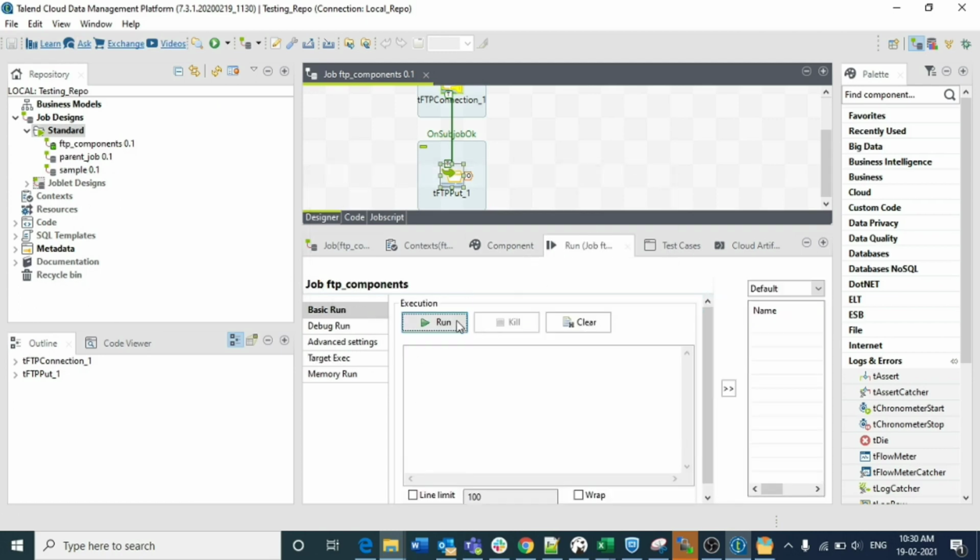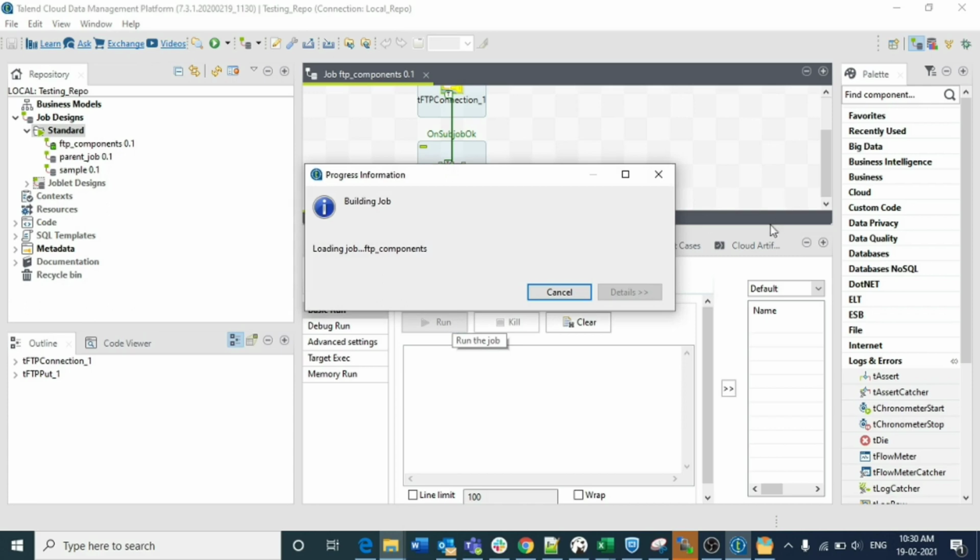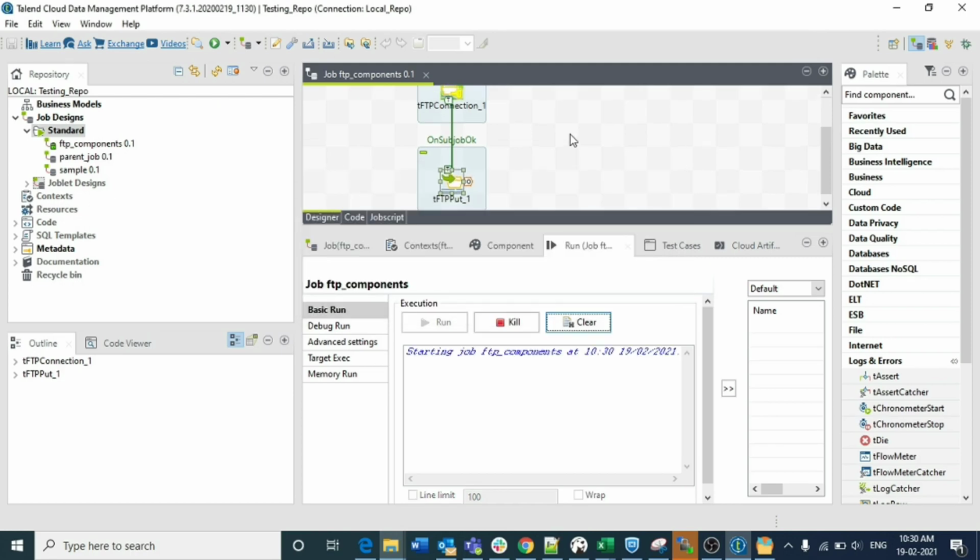If I run this, let's check whether it will go on or not. So it started running, it was connected.